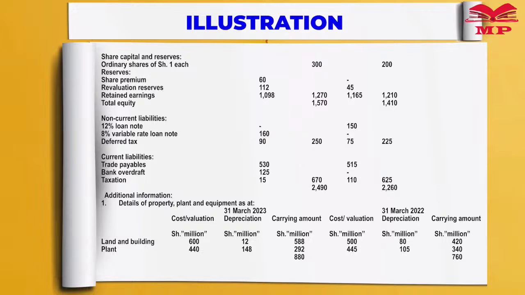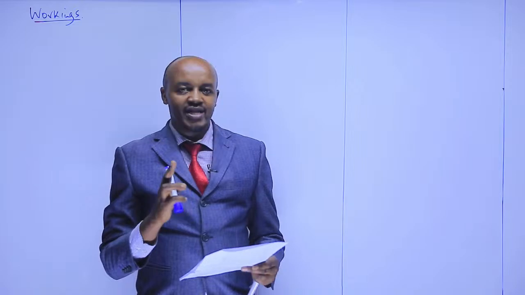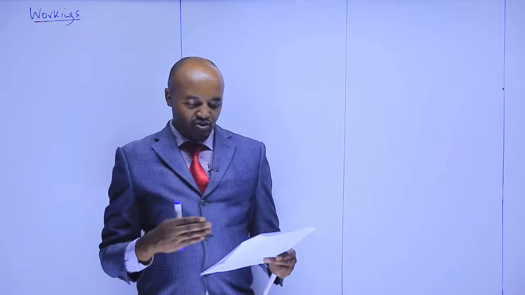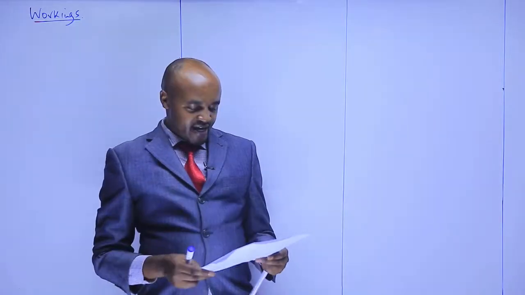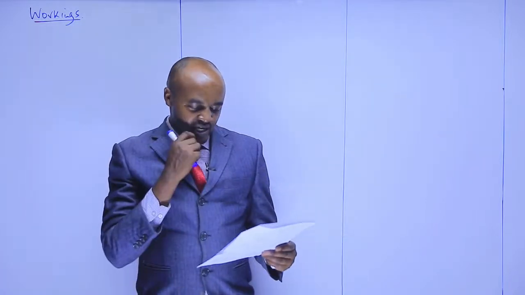And then we are given that for land and buildings and plant. So basically the property, plant and equipment in our statement of financial position comprises 2 assets: land and buildings, and plant, and we are given their cost, the accumulated depreciation, and the net book value, both at the start and at the end. So no working is required at this point, but we may be required to come back to that note. Let's move to note number 2.